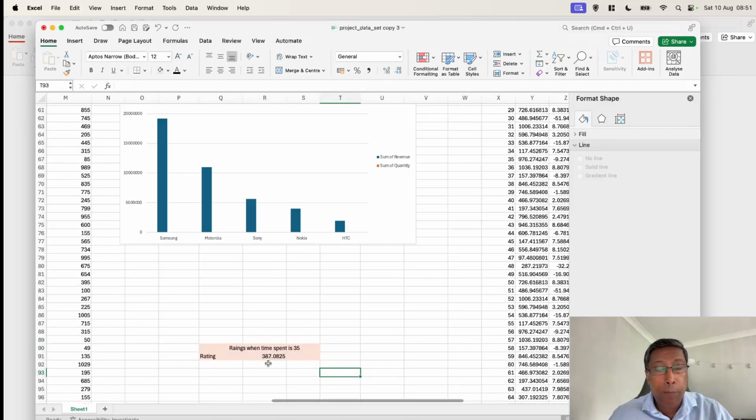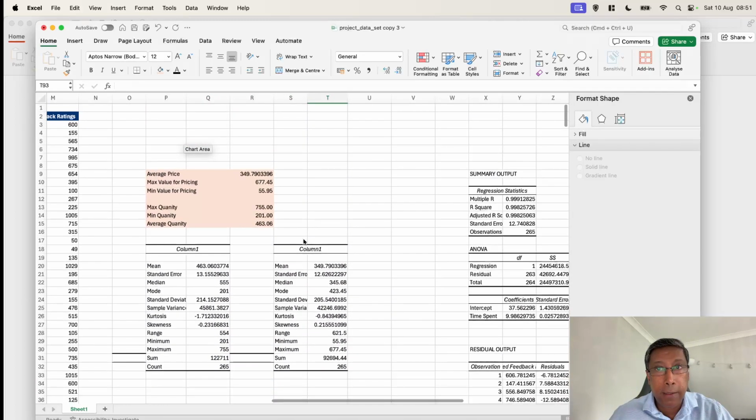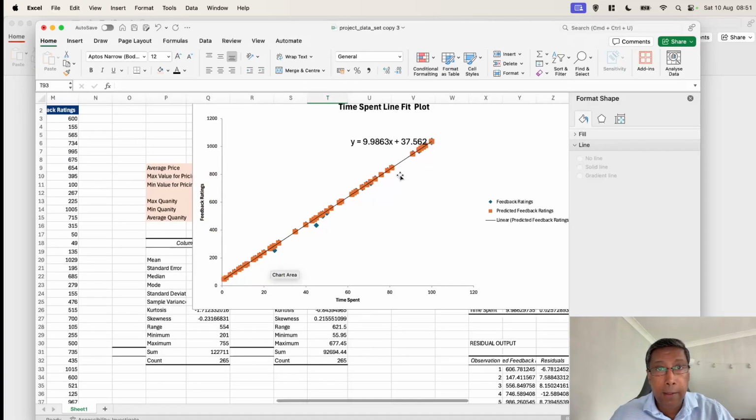So that's how we predict, and this is your linear regression curve line, and that fits onto the data points. From there you get the linear regression equation. So you see when the time spent increases, your feedback rating increases, and there's a good correlation between feedback and the time spent,